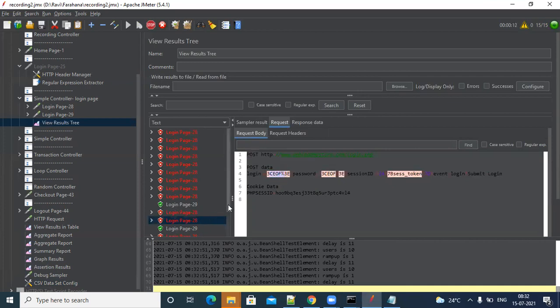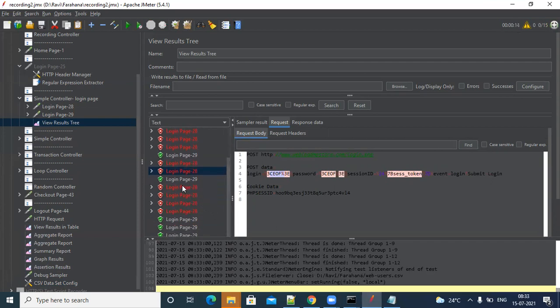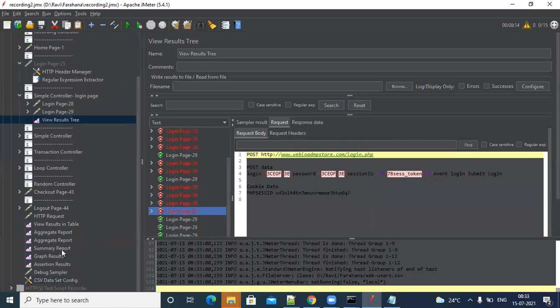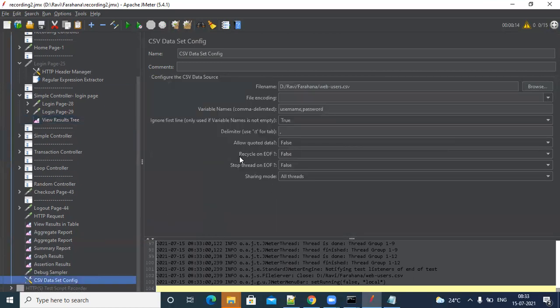So obviously it will fail. See the other 5, right? Instead of the actual value, it will pass EOF. Because I'm telling it, don't use recycle and don't stop. So it has to run, and it will run with these blank values, EOF values. Okay? It's clear, right? These two fields.